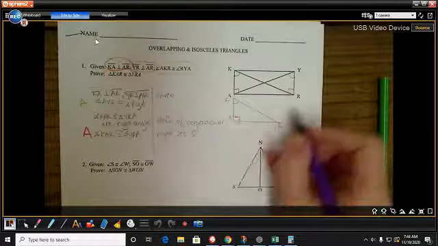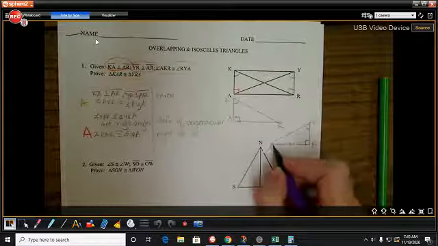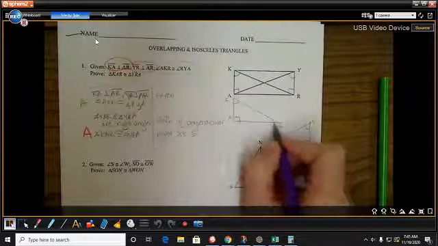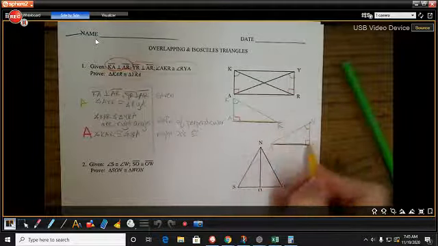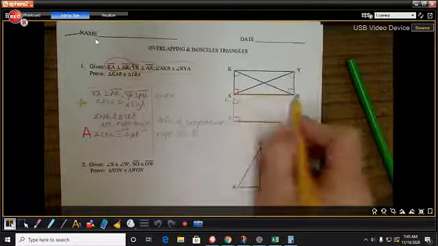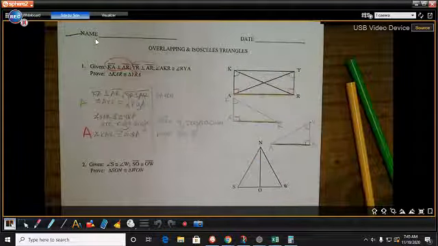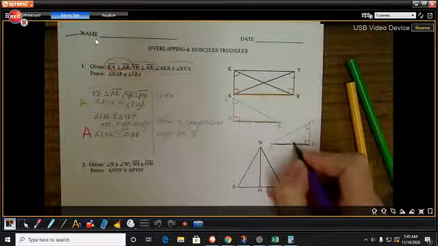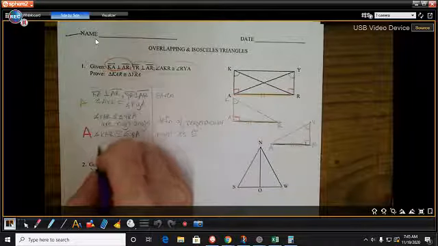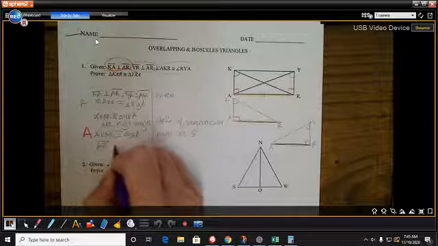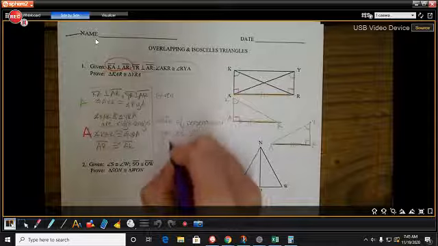And when I'm looking at these, I remember that these triangles do overlap, and each of them has segment AR as their bottom piece. And this bottom piece here is in the same spot in my original picture. It will be congruent to itself. And so this piece down here, AR, is congruent to itself. So that is going to be something I can say. I can say that segment AR is congruent to segment AR, and I know that because of the reflexive property